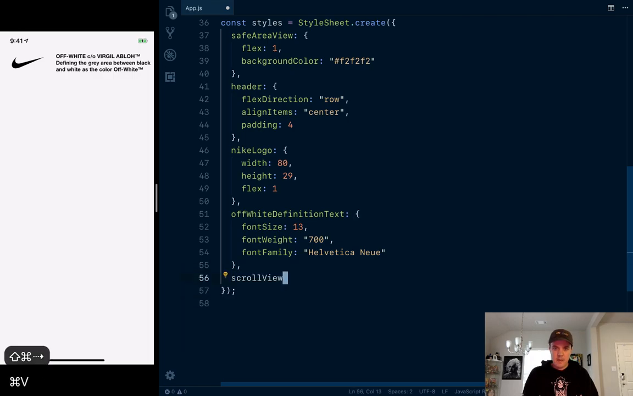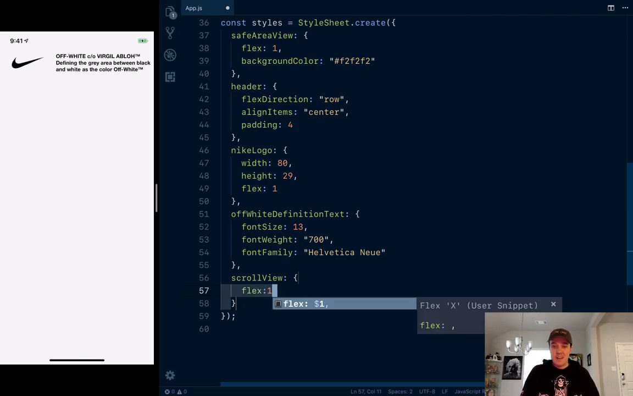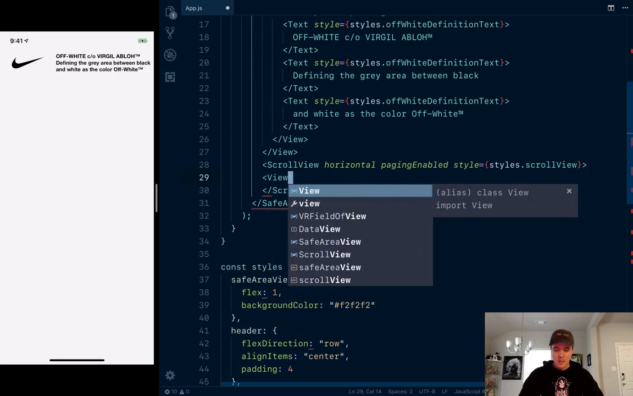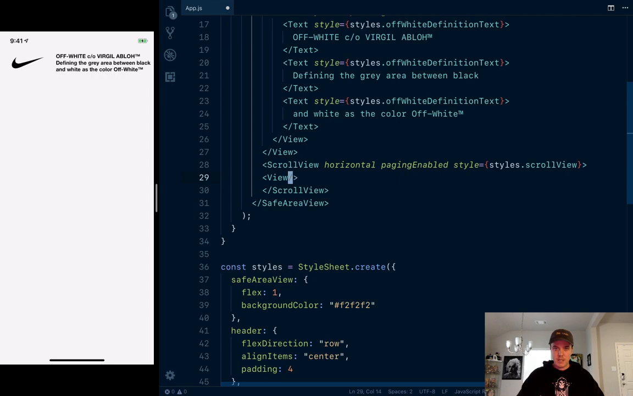I'm gonna delete this guy. Flex one maybe? I don't know. I feel like that's the thing to do. If you don't know, just flex one it. It might work. So what I'm doing with this project or this prototype, it's going to be basically the width